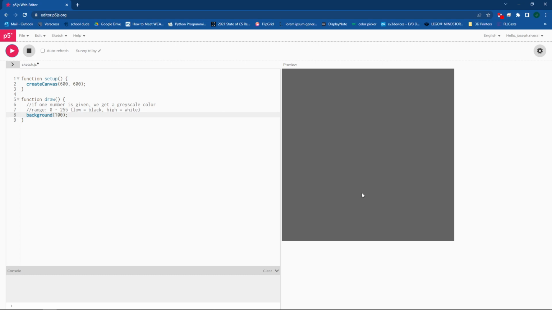But if we want actual color, we want to go more advanced. So now let's put some more notes. The second rule, which we can use to make colors in the background, is if we give 3 numbers. So instead of just 1 number, we can give 3 numbers. So let's take a look how we do this. I'm going to put notes. So if 3 numbers are given,